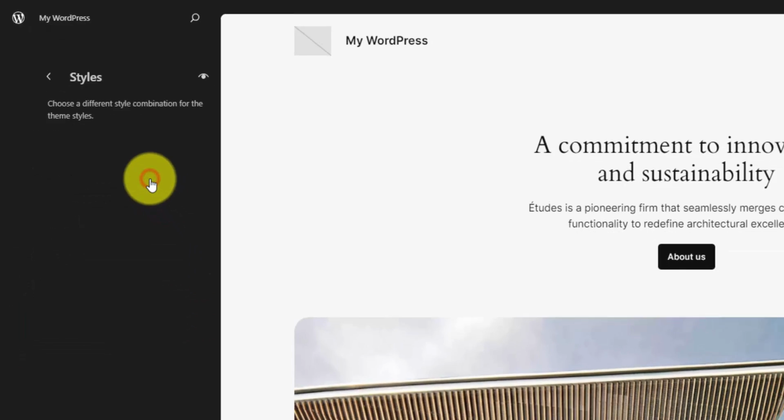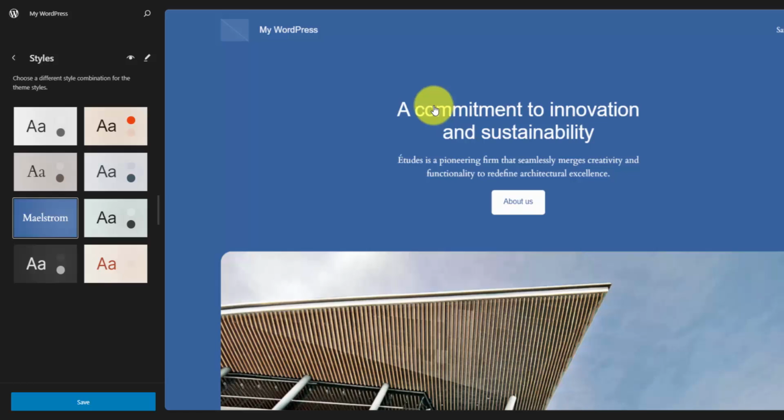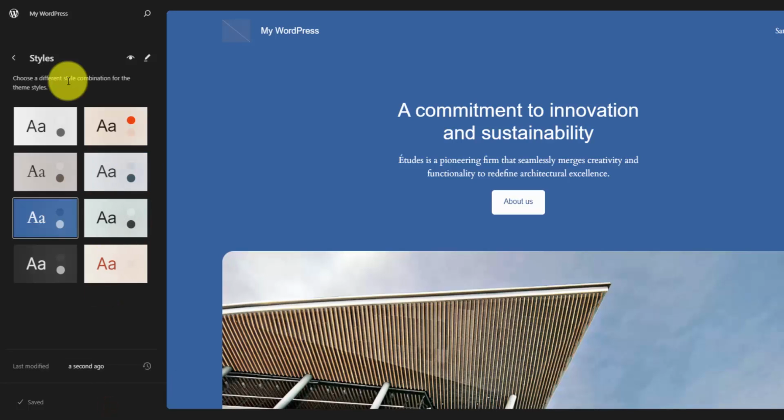I'm going to jump into the styles, and we have pre-made styles here. There's 8 of them to choose from. So I'm going to go with this blue one. In this example, they give you a layout for an architecture company, so that's what we're going to run with. So let's save that. And before I get started with the editing, let me just create a couple pages along